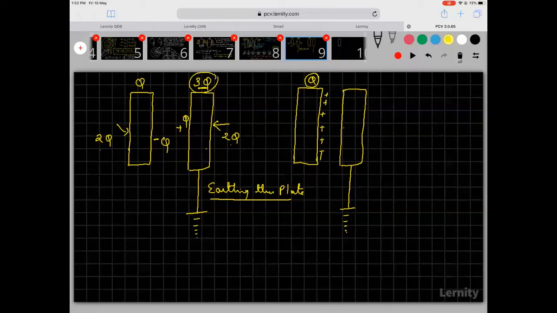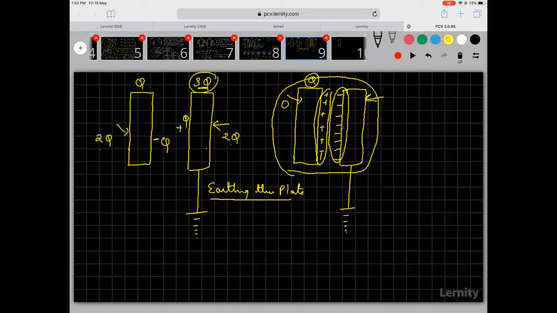All charge plus q will come to the inner surface. Then the earth is going to supply charges so that negative charges come here. Actually, these charges come here because of the earthing. Only then the charge on this plate and the charge on this plate is 0. Now, if you have a Gaussian surface, what is the total charge? 0. What is the total potential? 0. So that is what is happening right now.